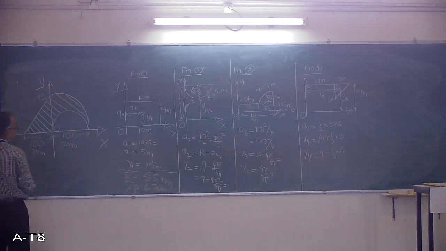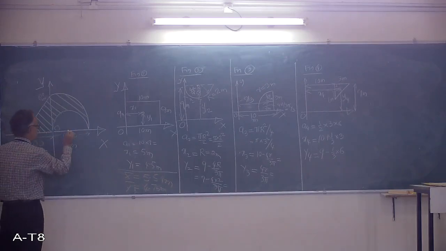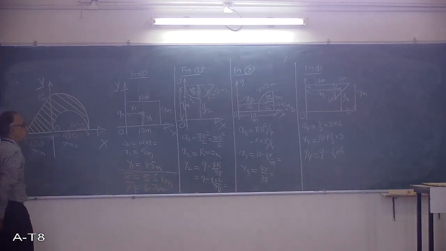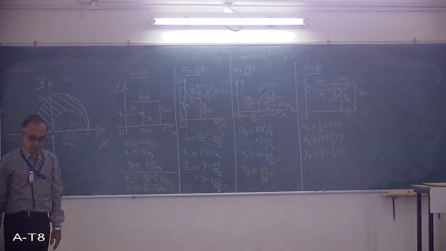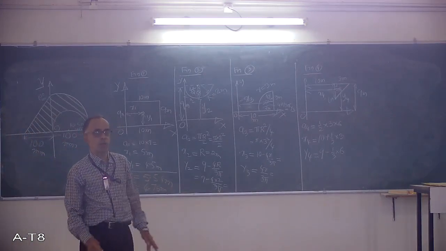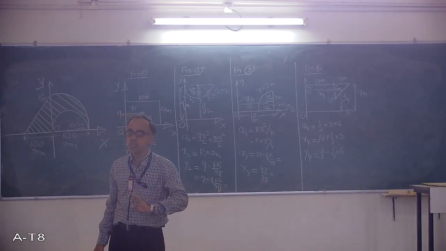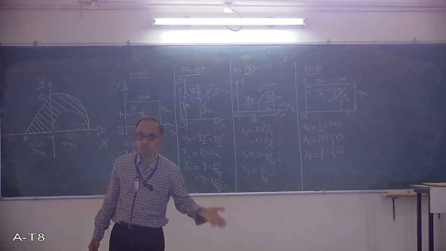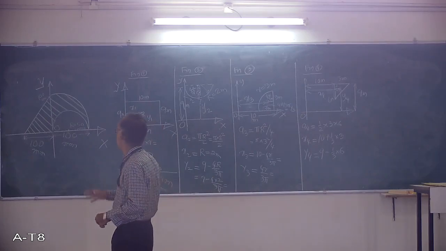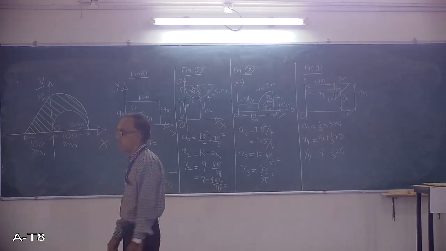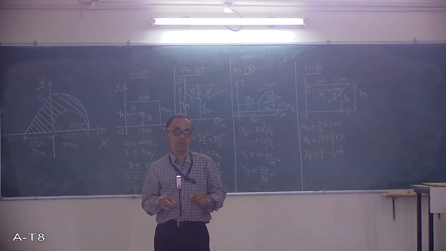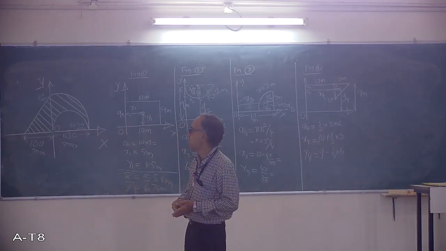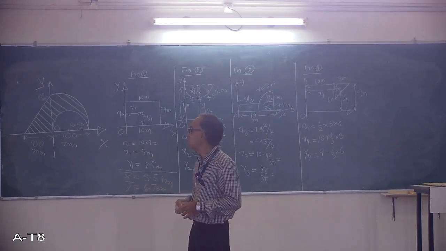So the radius of the semicircle: the diameter is 100, whereas the radius at this point will be 50. So first of all, you must look at the dimensions correctly, because any small mistake and the problem will go wrong. You have to look at the dimensions correctly, and then go ahead with the problem. Then, as I mentioned earlier, I draw separate x and y axes for each and every figure. It contains three figures: triangle, quarter circle, as well as semicircle.